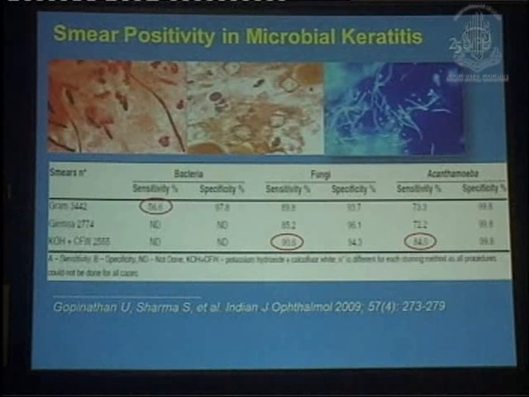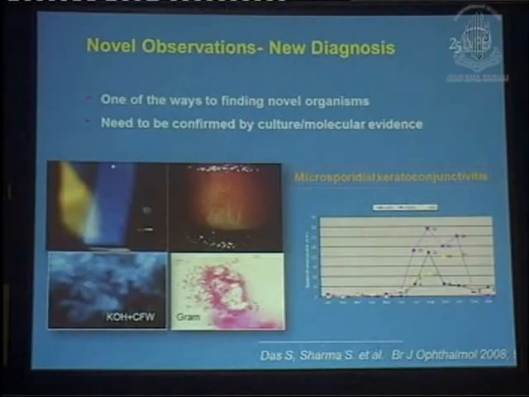And you can see the sensitivity for fungi is very high, as well as for acanthamoeba, though the sensitivity for bacteria is not very good. It's only because the size of bacteria is very small and it's not very easy to detect them comparatively to fungi and acanthamoeba. Again, this direct examination of the corneal scraping is the one which helped us to find out about the presence of mycobacteria and what it means in ophthalmology.